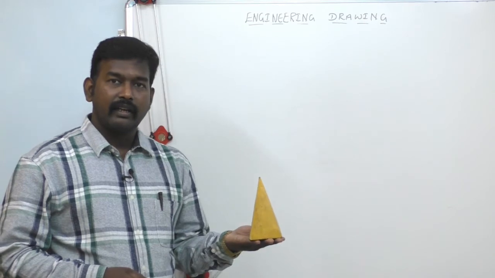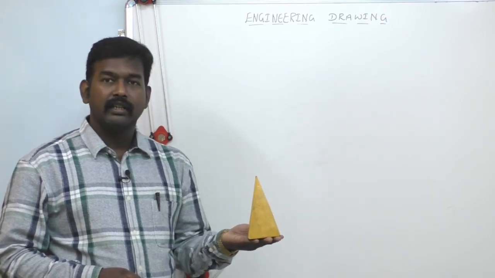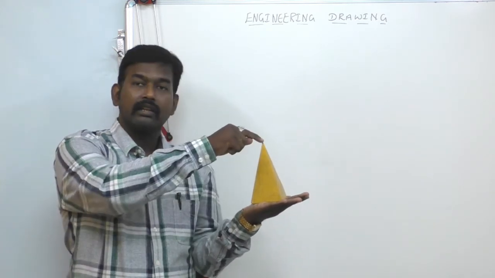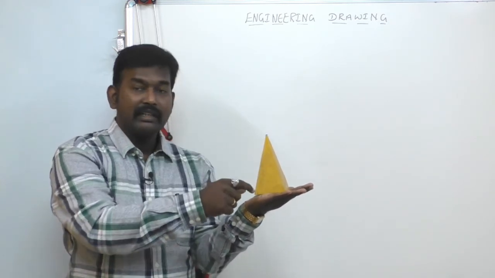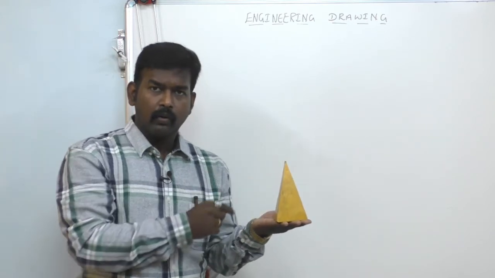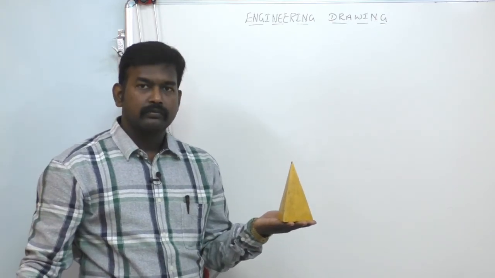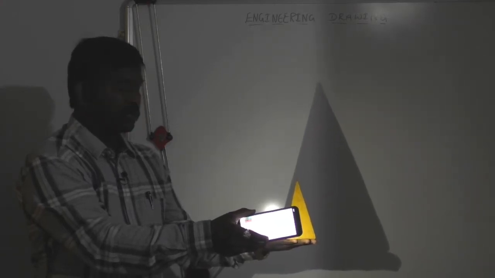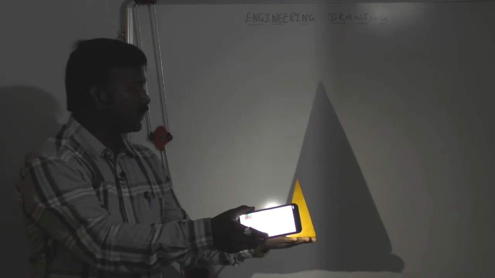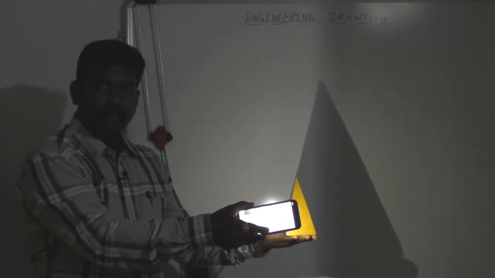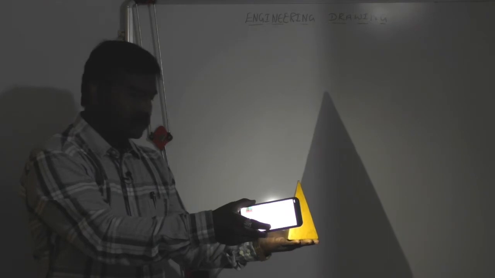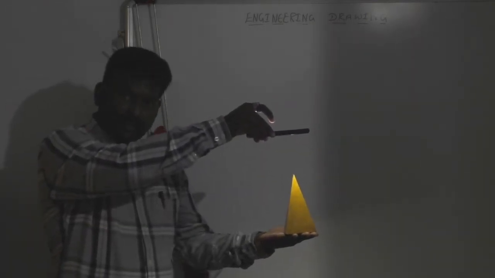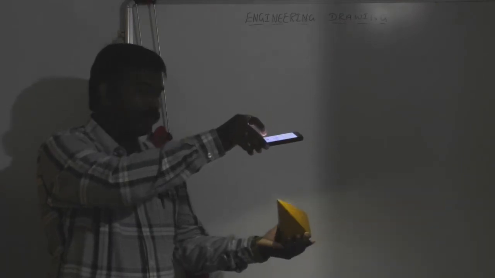Let us take another object. Here this is a square pyramid. The pyramid has one base, another one is the apex, and it has triangular faces. Now we observe the front view. Lights off. Here this is the front view. Obviously, the cross section you have observed on the board is a triangle. Now, let us project the top view. We can't see the top view in this direction. For better viewing, I am rotating the object.